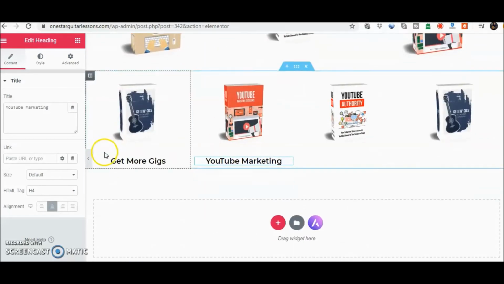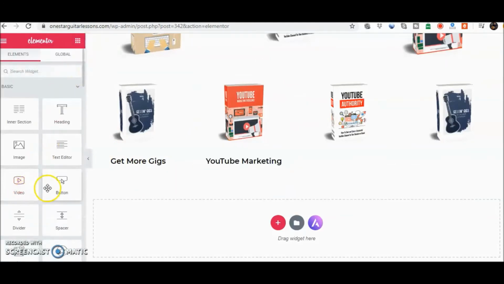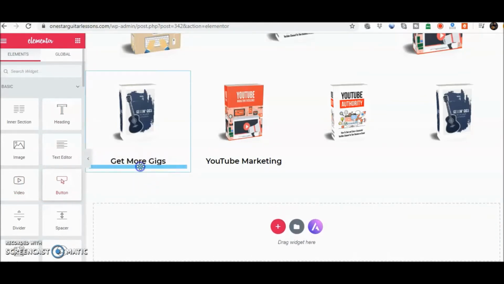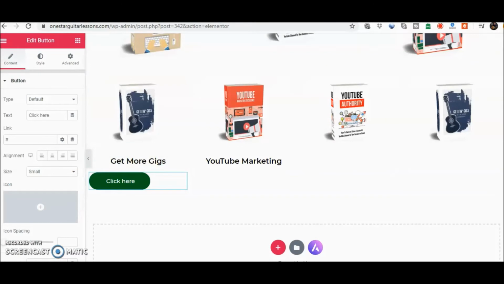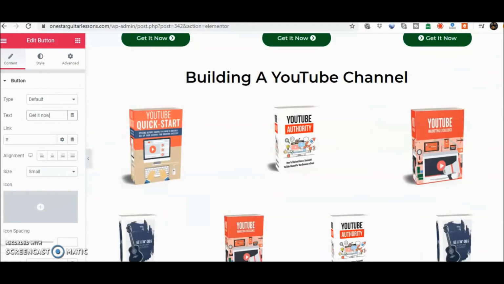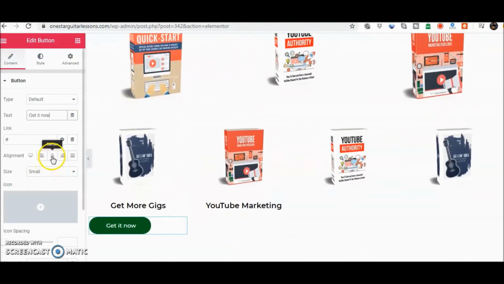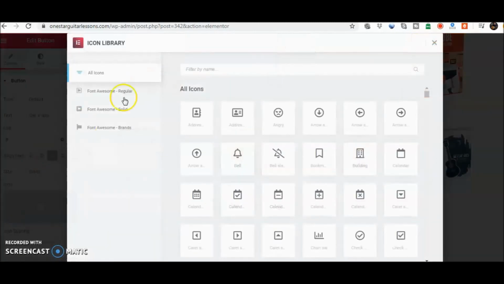Let's show you how to add a button. We're going to go ahead here, go to button, scroll to the right, and again you can see where the blue kind of gives you the signal where it's at. What does our button say? Get it now. We can write that here. Get it now. But again, you can see it's centered, right? We've got it centered. We want to bring it to the center. We also want to add an icon. So I'm going to go to the icon library,